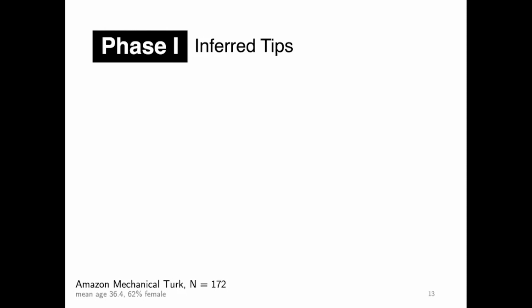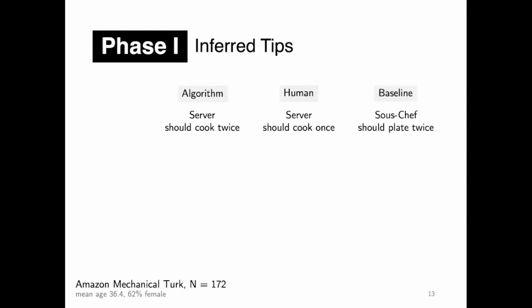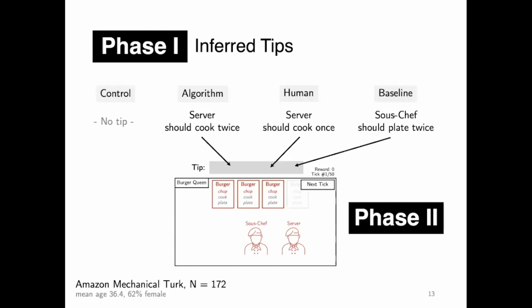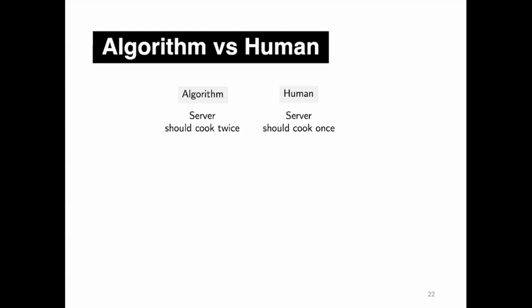We ran the first phase of the game to collect trace data and infer tips, first using our algorithm. And then we have a human baseline tip that we ask each user to select from a list of candidate tips, the one that they believe would most improve the performance of future players. And then finally, we have an algorithm baseline tip we got from just looking at how often certain state-action pairs differ between the optimal policy and the humans. So in the second phase, we randomly assign participants into 4 different arms, including the control arm that would not receive any tip.